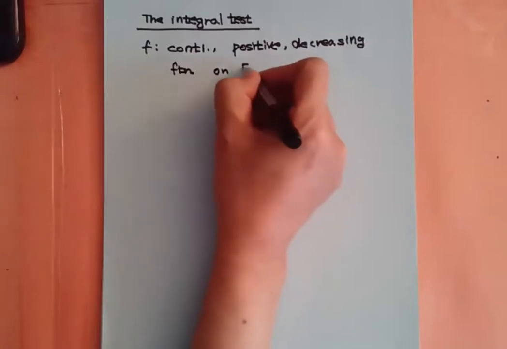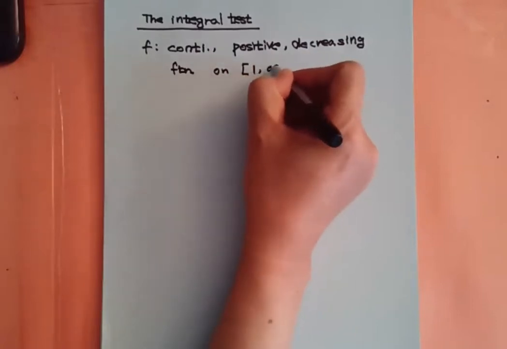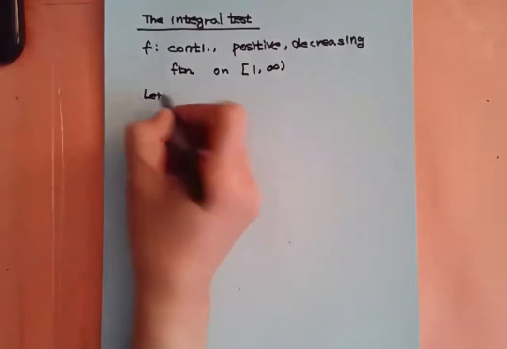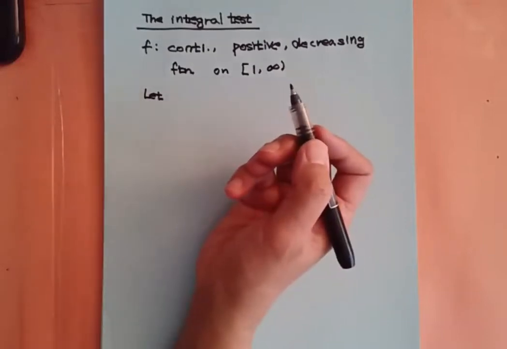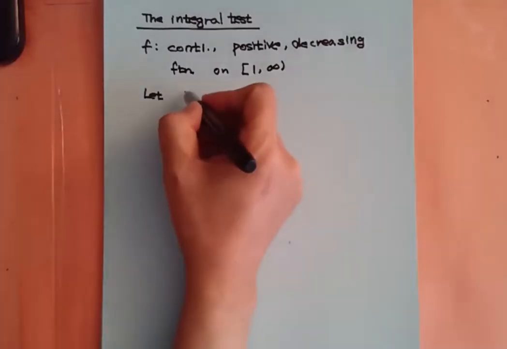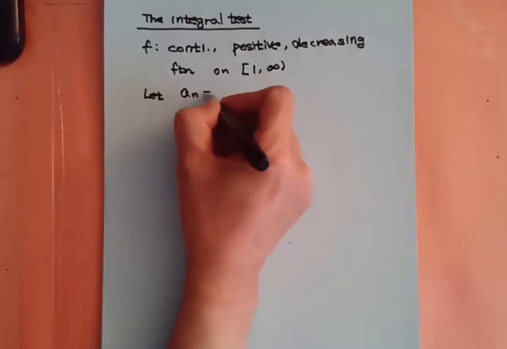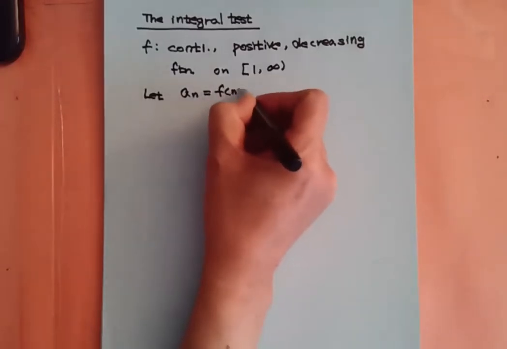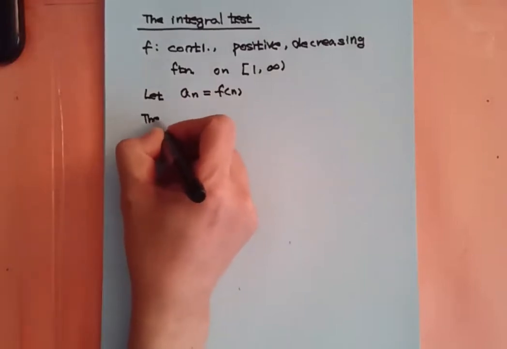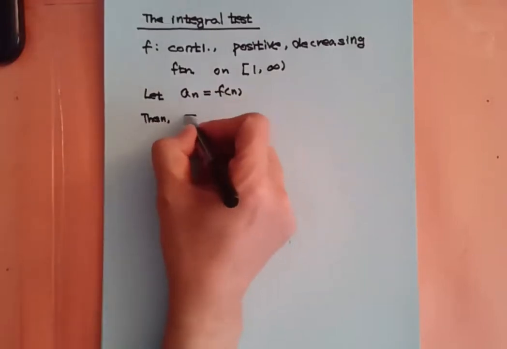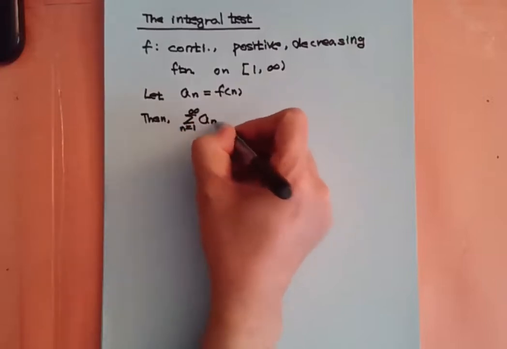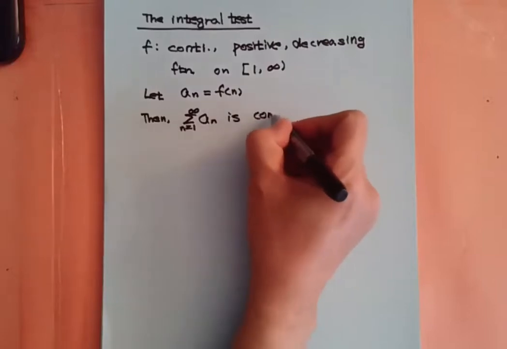We think about the interval from 1 to infinity. Let's assume that the sequence is defined by the function f at n. Then the summation n equals 1 to infinity, a_n is convergent